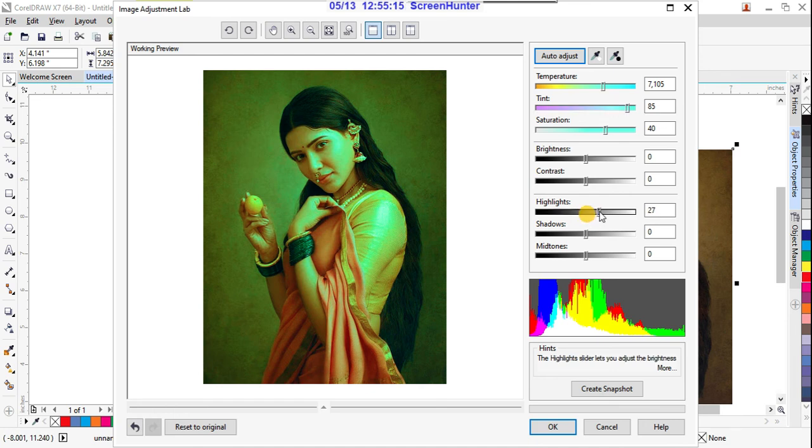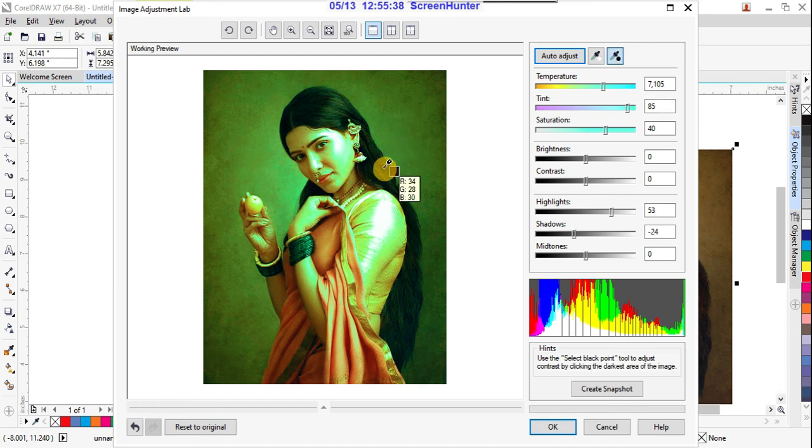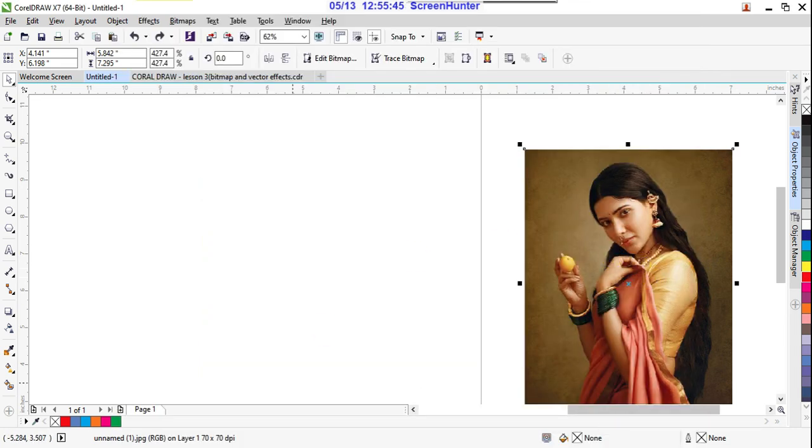The highlights, I'm improving highlights, more highlights, and shades, I'm giving shades, dark shades, and midtones I'm using here, right? So according to your adjustments you can use that, right? Suppose select white paint, or otherwise select with a black paint. So when you click on that, see, it is adding, otherwise the shades also it is adding, right? Suppose here I'm selecting cancel, so get back to normal.